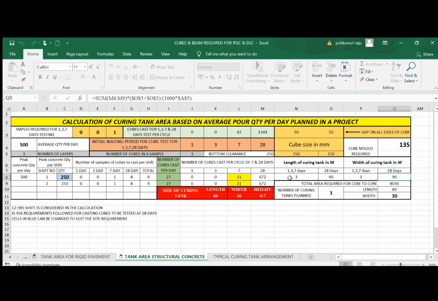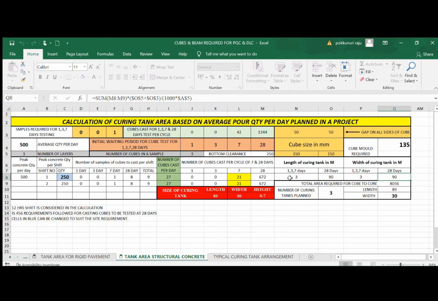So the total area required for cubes to store for curing and thereafter testing will be somewhere around 8036 square meters in this condition. Now, the total area required to store the cubes which are to be tested on 1, 3, 7, and 28 days will be